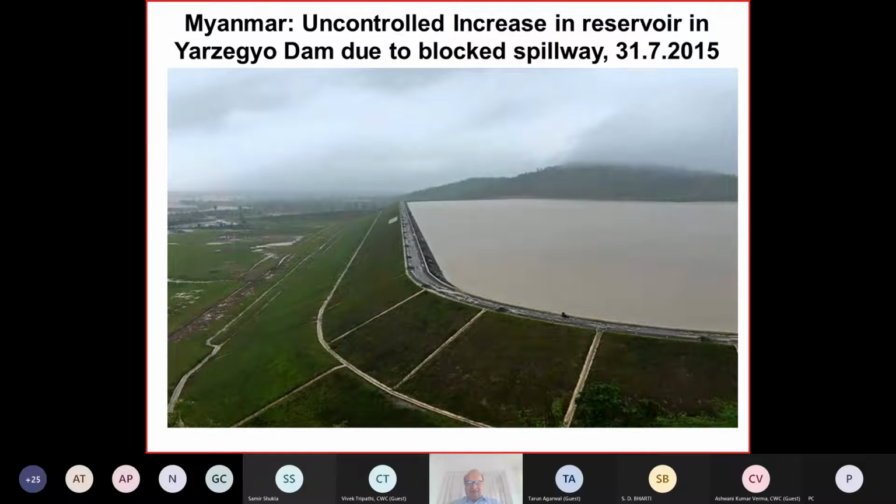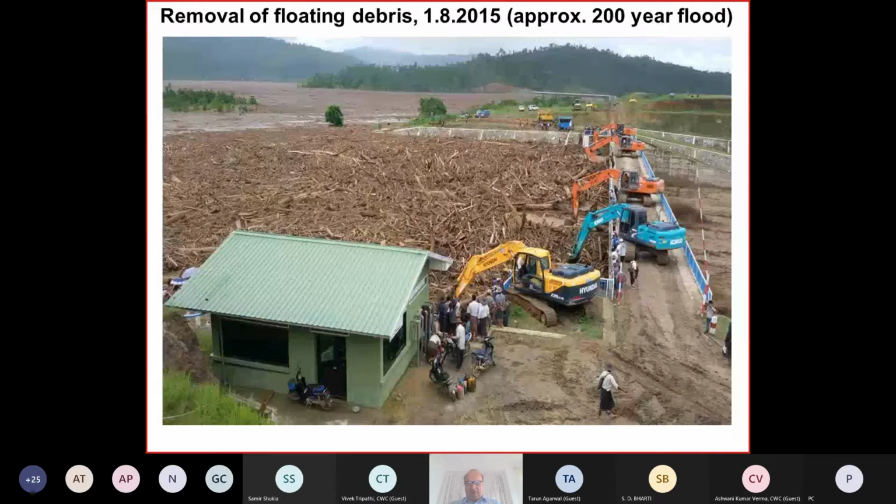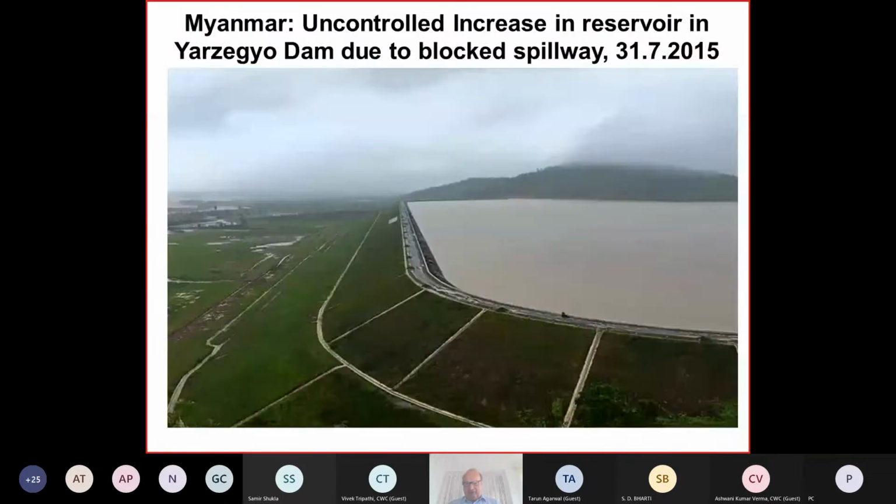And because this spillway, a free flow spillway, which I say is really the best spillway in terms of safety if it is properly designed, was blocked by floating trees, the water level was increasing. And if they had not been able to mobilize this backhoe, which I've shown here, I would say the dam,